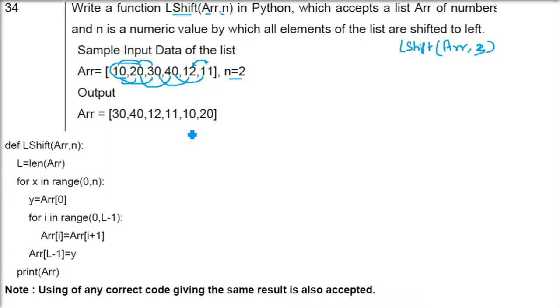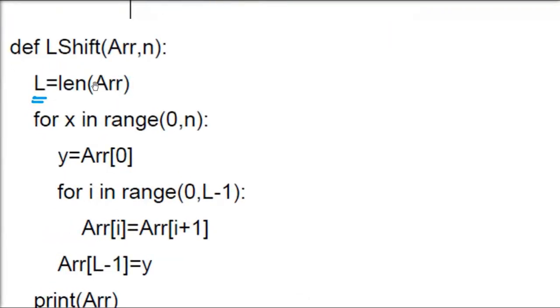Okay, first is, this is the function, and whatever is the name, you have to use exactly the same name. So what is the length of this list? First we need to understand. It's clear from here, but we are writing a function and it will work on each and every list. For that, we need a length. So this is the length. L equals length of this list. So we know the length now.